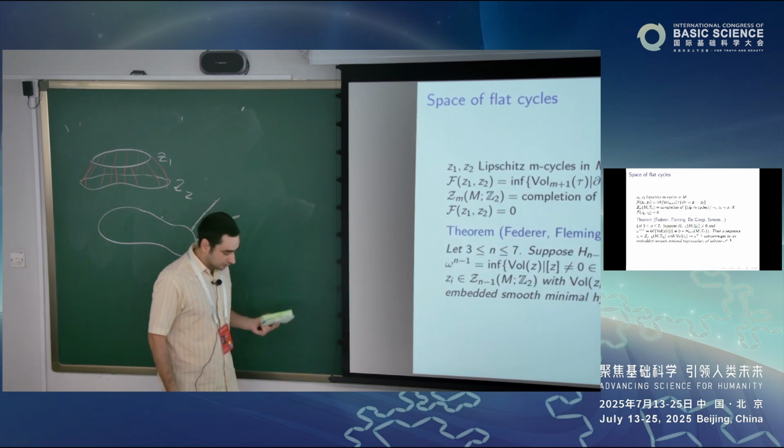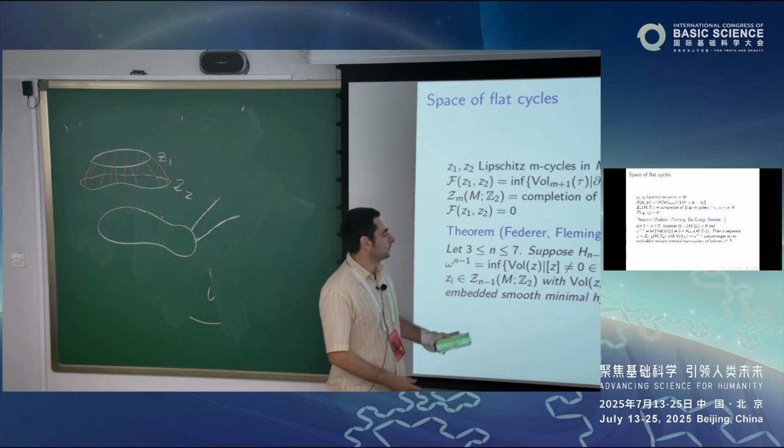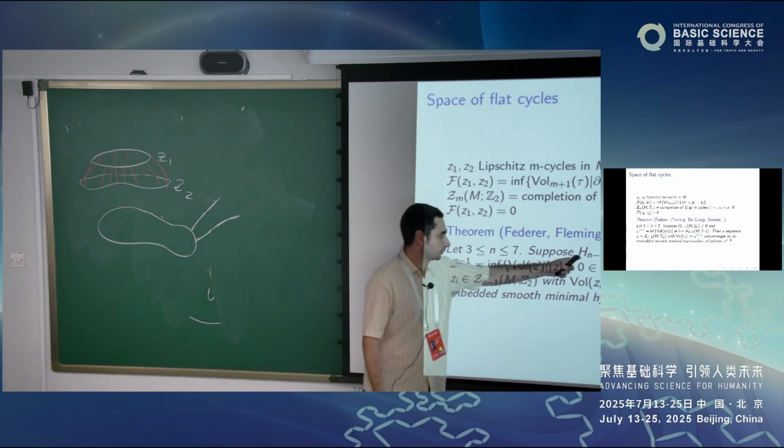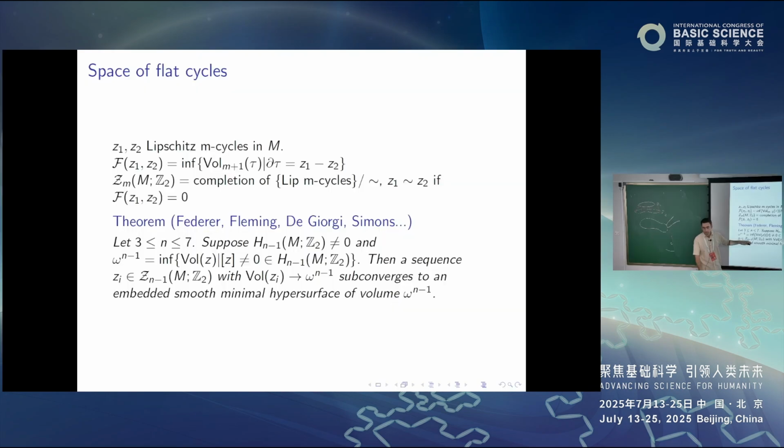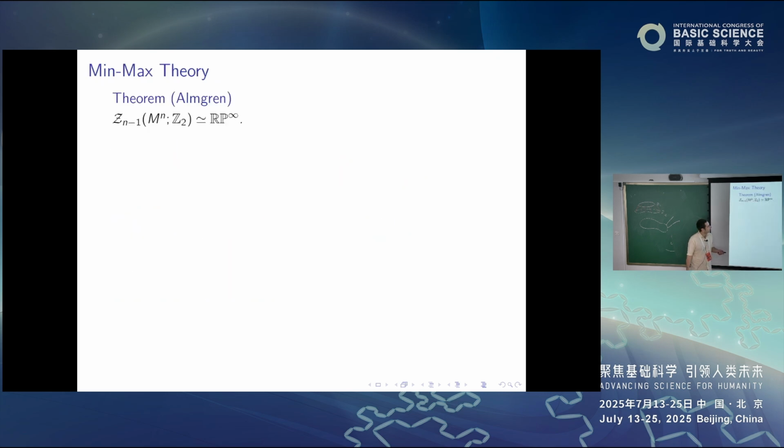Okay, and so this space has been successfully used in geometric measure theory to solve variational problems. If you have a non-trivial codimension one homology class and you minimize in that class in the space of flat cycles, then you will obtain a smooth embedded minimal hypersurface. And in other dimensions and codimensions, you will also obtain some objects, but they may have singularities. So from the point of view of geometric measure theory, especially in higher codimension, this space appears to be the right one to work with if you want to develop this variational theory. And in codimension one, it has exactly the same topology as we worked with previously.